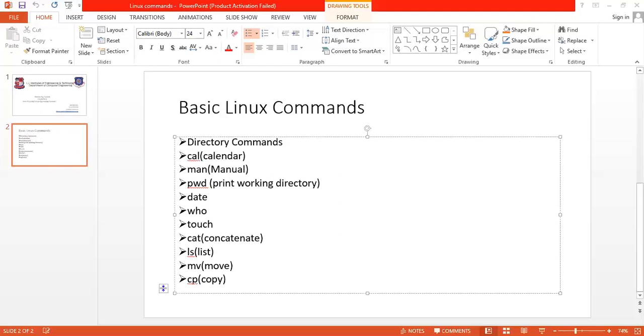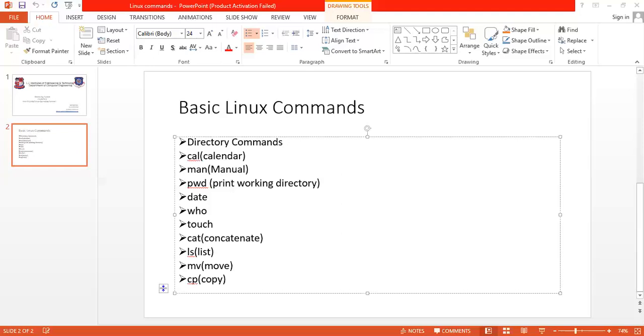Now let us discuss the first duty of the cat command, which is creating a file. How do we create a file with the cat command? For that you have to use a special purpose operator. This is not a greater than sign.